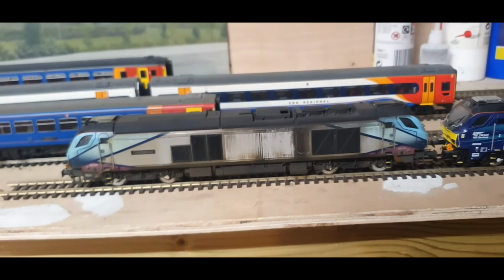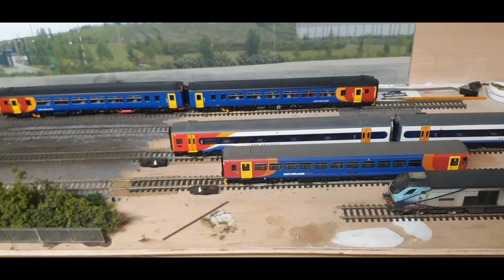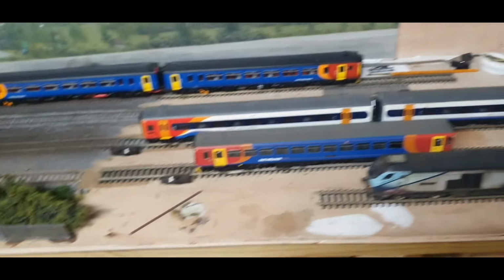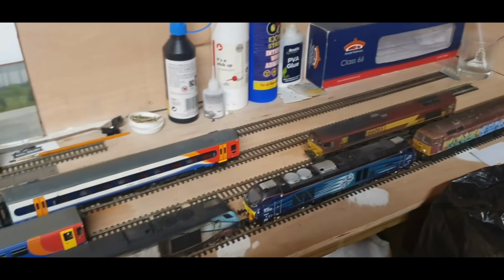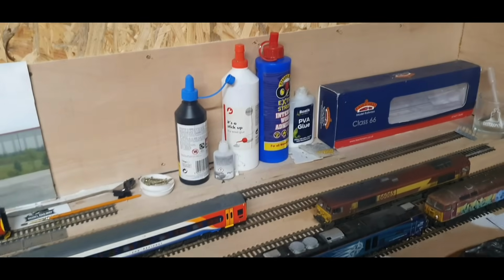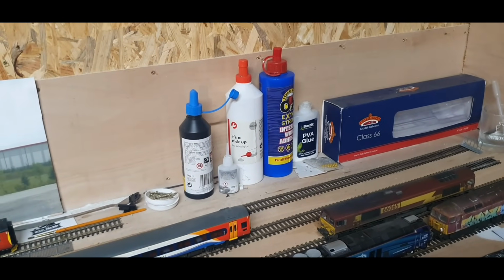Hang on, this pops back. So that's kind of the Fiddle Yard. That's going to be the Fiddle Yard. That's the end of the fence there. You can see where that's going to be. I haven't finished it yet. That's literally in prototypical kind of area at the moment, where I seem to be dumping lots of bottles of